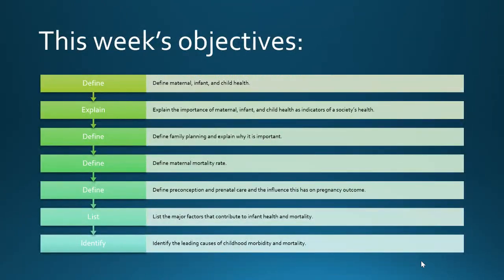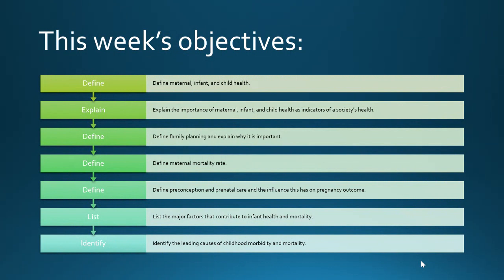Some of the things we'll be learning this week: we're going to learn about age-specific health. With that, you will be able to define maternal, infant, and child health and explain the importance of those health indicators as a way to measure somebody's health. You will be able to define family planning and why that's important. You will be able to define maternal mortality rate and preconception and prenatal care and what influence those have